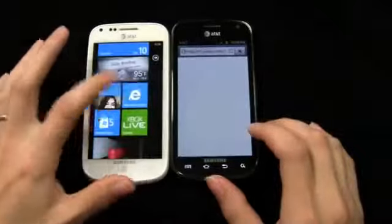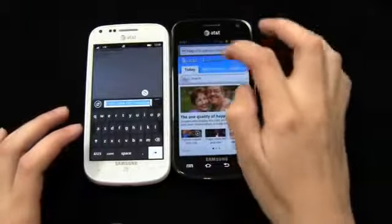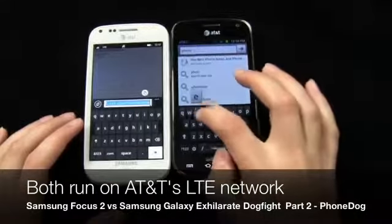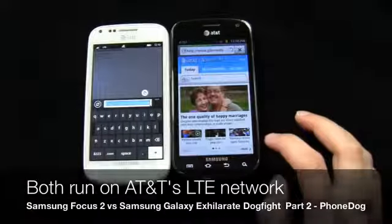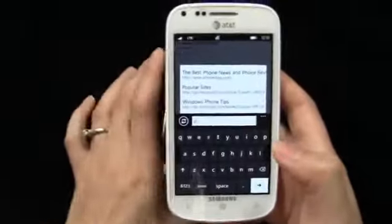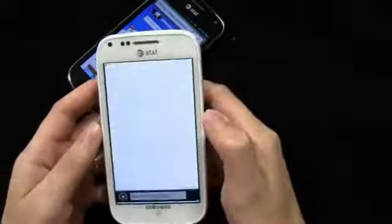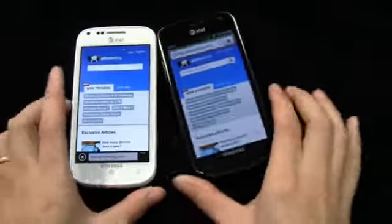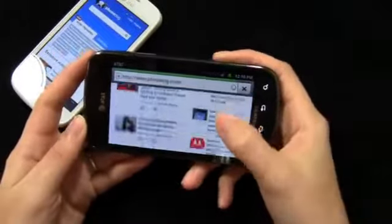Let's go over to the web browser and let's load up PhoneDog.com. Now both of these are LTE devices. However, I have had severe problems with AT&T's network lately, and so they're both right now connected to Wi-Fi, as you can see, because I just can't get a connection. We're going to talk about that in a little bit, but if we go to PhoneDog.com, wait for this to load up,